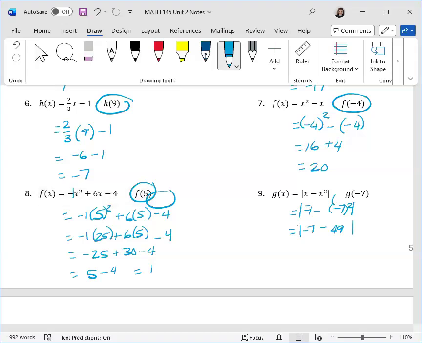Okay, I'm now going to combine the -7 minus 49. That's going to give me -56. And if we take the absolute value of -56,